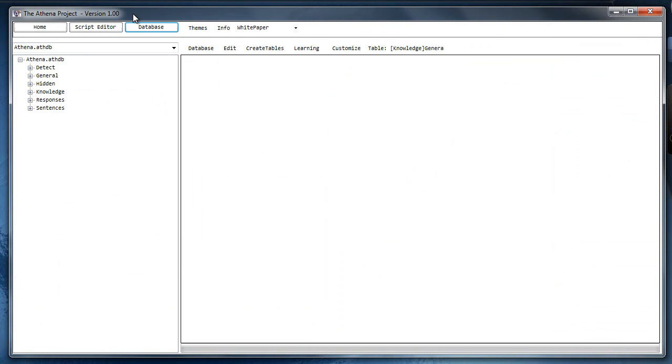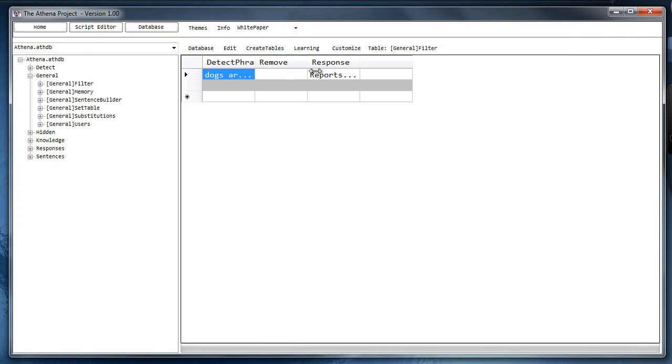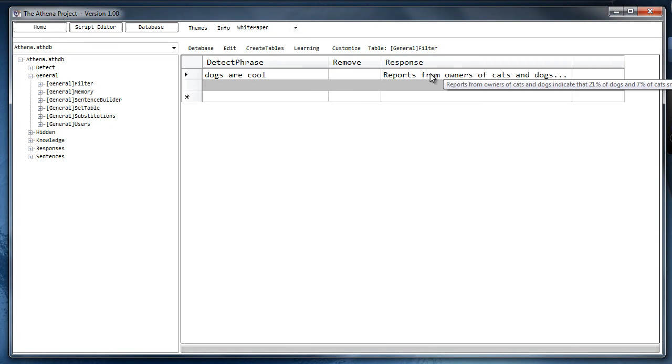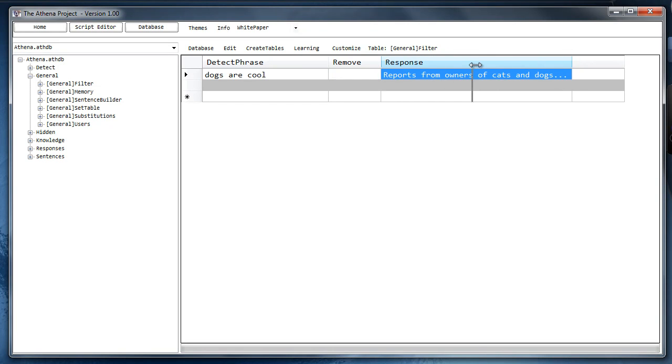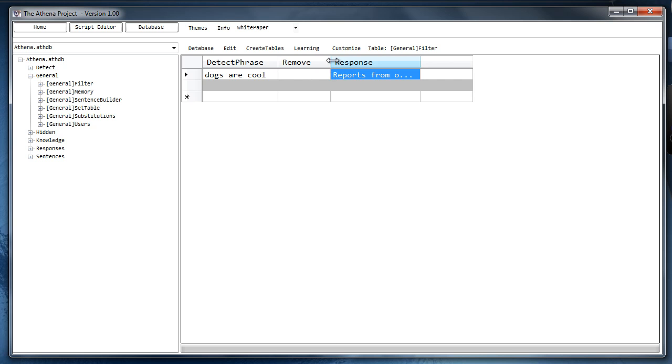I go to the database over here and open up the table that contains that information. I say dogs are cool, and this is the response. I want her to respond every time with that. So this particular type of setup, you can really create a script where you can say one thing and she can reply to something else. Specifically, you can get her to tell a story like that. It's a real simple little file, but hey, whatever works. Anyway,